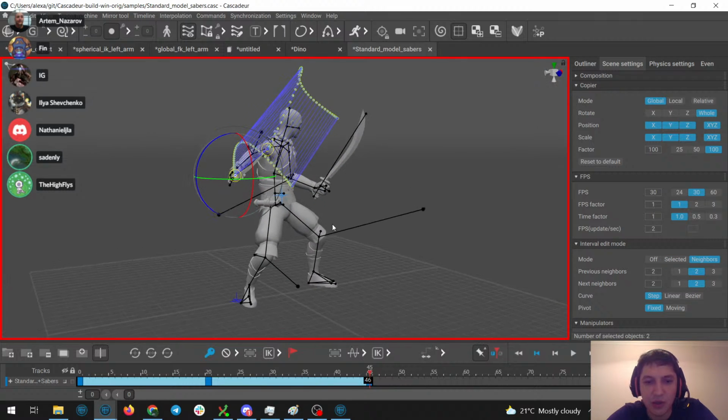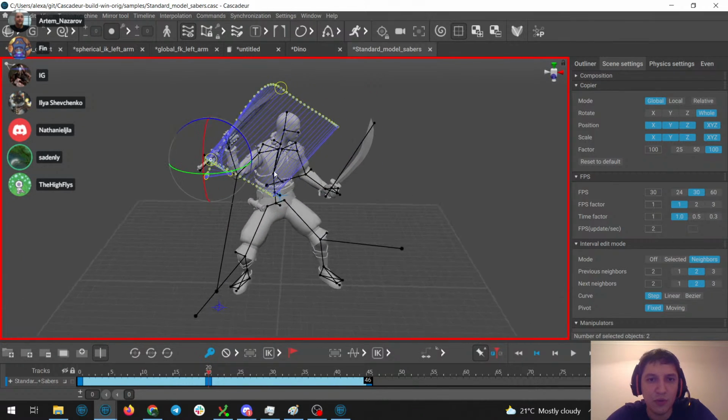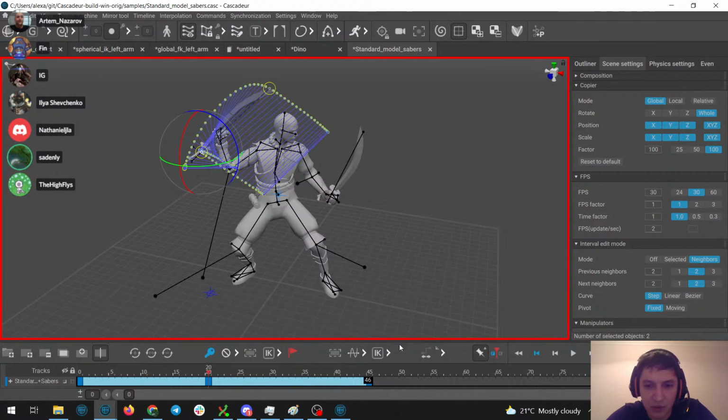Oh wait, I didn't know that. Now if you edit a pose, let me put fixed interpolation here so it doesn't reinterpolate. Now if I turn off interval edit mode,